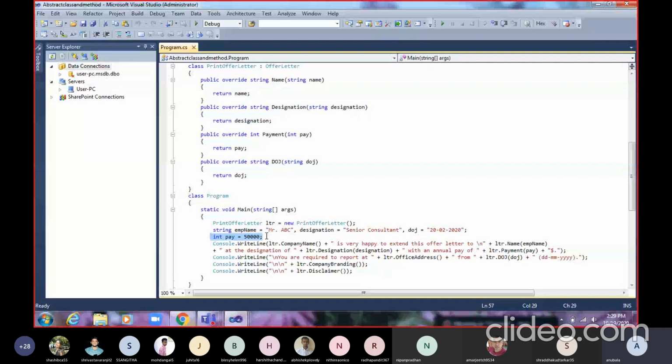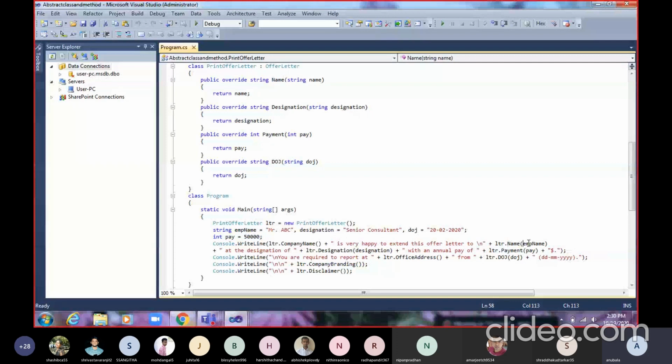So with Console.WriteLine, first I want to print that the company name is very happy to extend this offer letter to a person. To access that person's name, I will use the object and call the name function, passing the employee name whose name I want to print here.